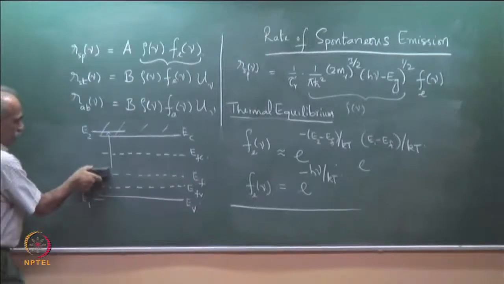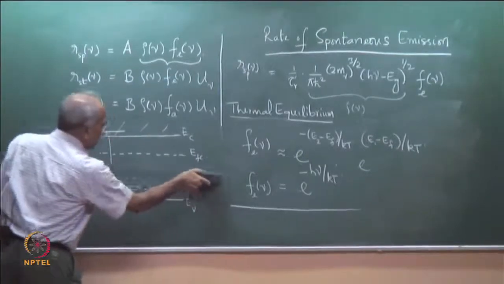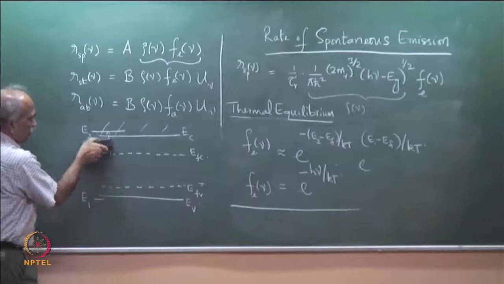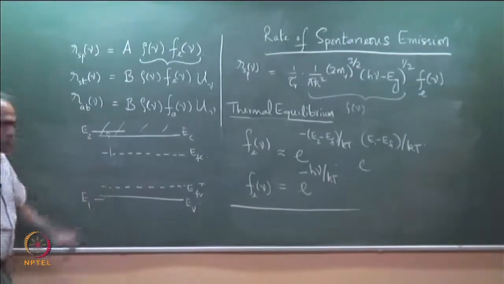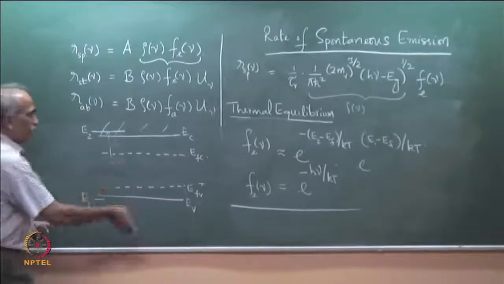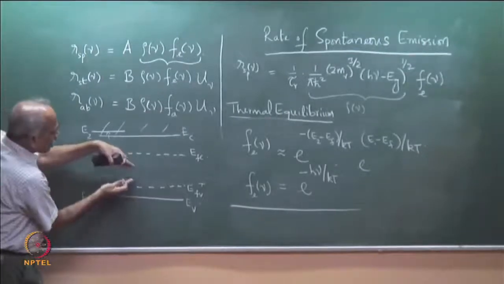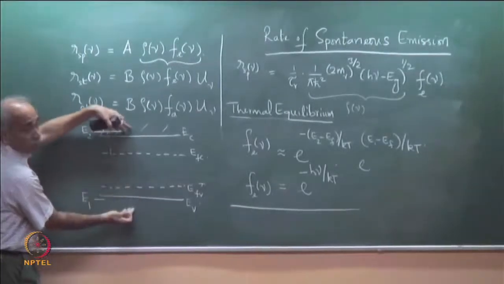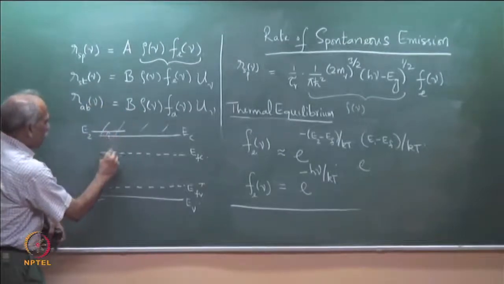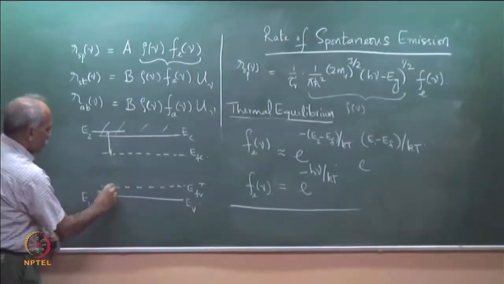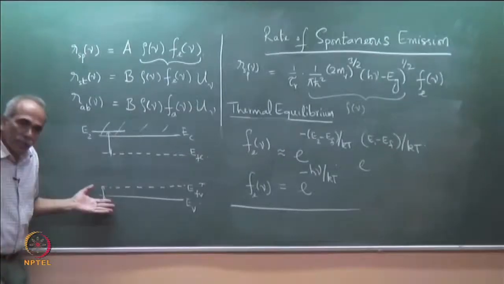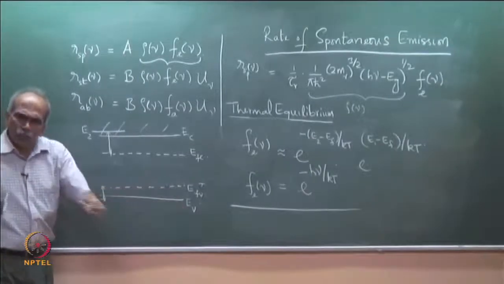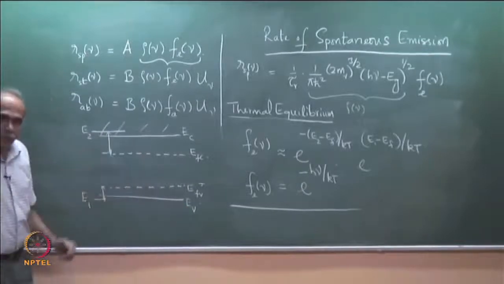So, I erase this thermal equilibrium case. So, this was thermal equilibrium. Now, this is in quasi equilibrium. So, what difference would we see? Please see, it is not large enough that EF and EC have merged here. Still this gap is sufficiently large between E1 and EF, so that I can still apply Boltzmann approximation. Assume that I am still able to apply Boltzmann approximation.